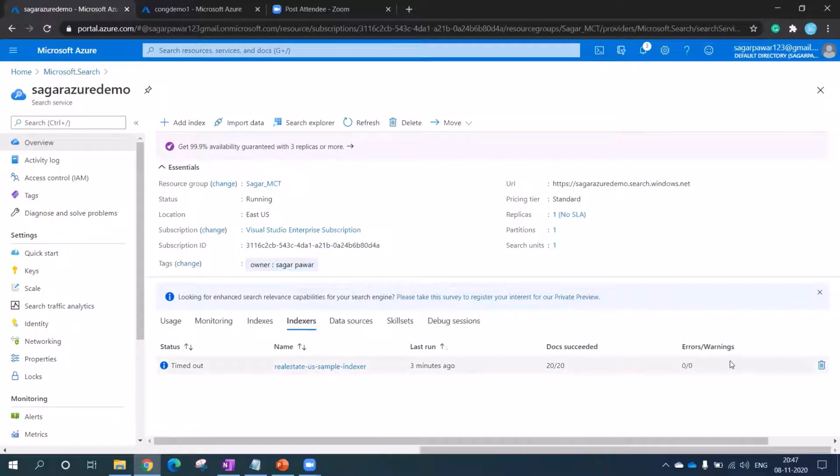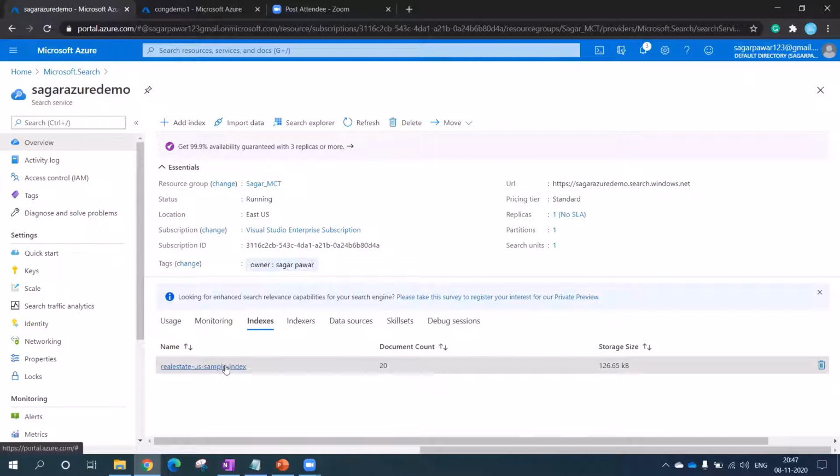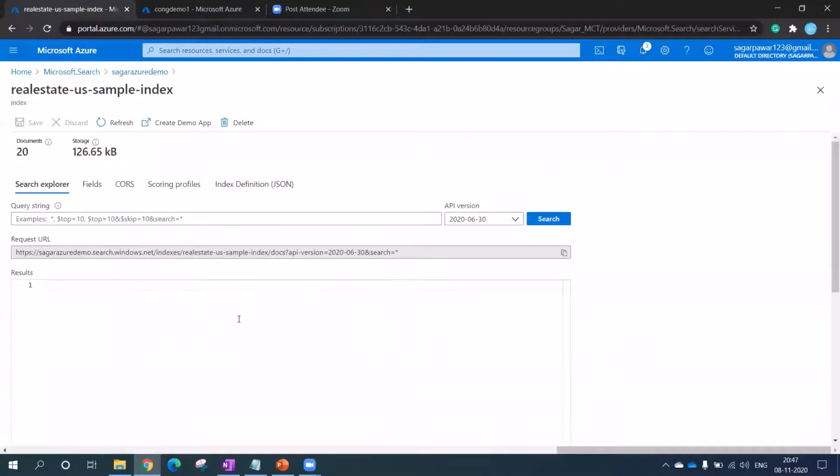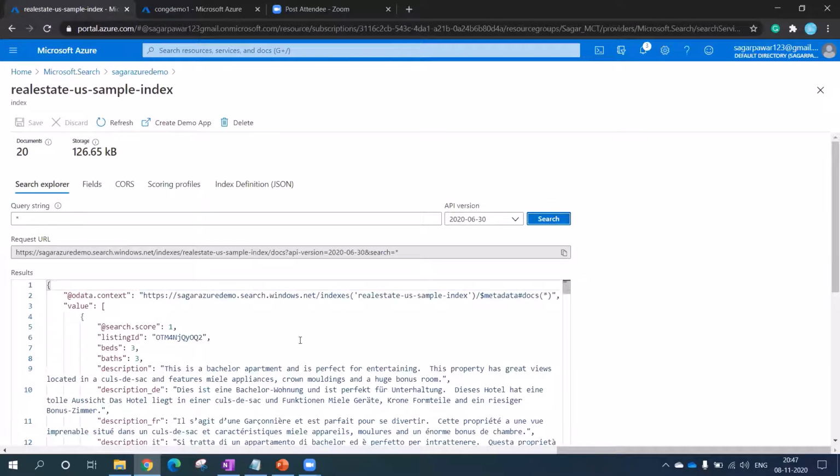Success. There is no error and warning, but you can see a timeout. Right now we can leave this out, but the data is uploaded, and we can see the index over here. See the index, the index has got created. Now if I go into that and want to search data, I can, for example, just put a star and look for data. So it will give me the details.